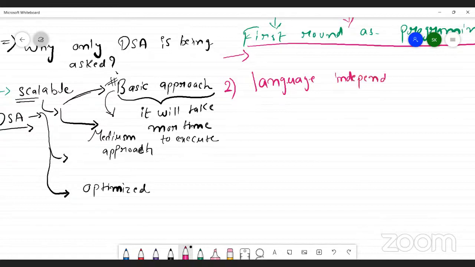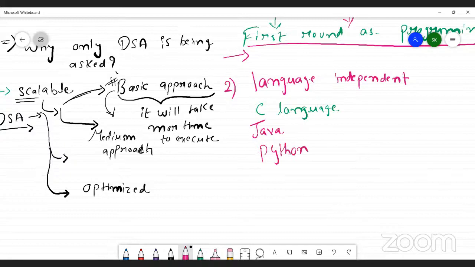Most of the time, in a general interview, if some interviewer asks you a question from C language, that candidate can say, "Sir, I am not aware of this particular language. I am good in Java. You can ask me the questions in Java." Or if the interviewer is asking in Java, the candidate will say, "Sir, I'm not good with Java, you can ask me the questions in Python," right? These days, it's a basic thing. People just choose one particular language and go to the advanced level of it.